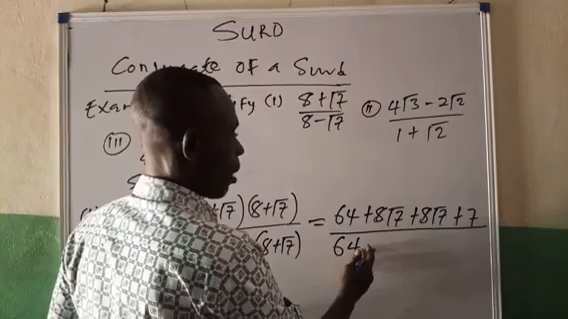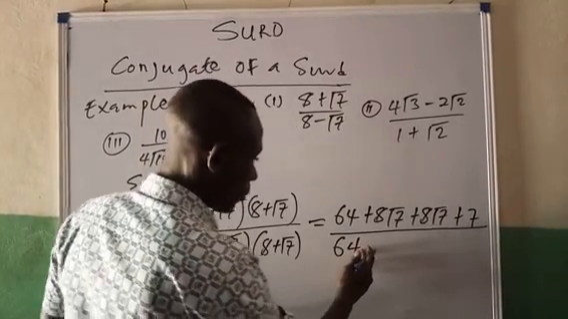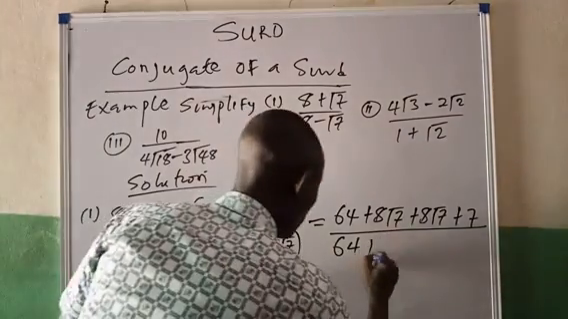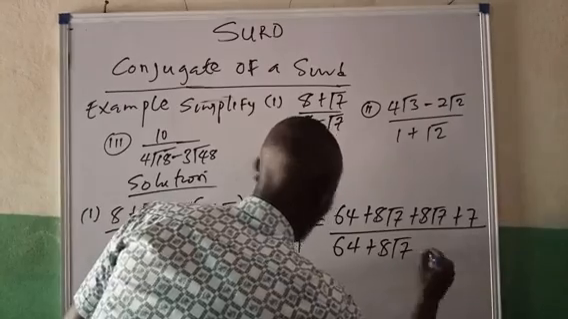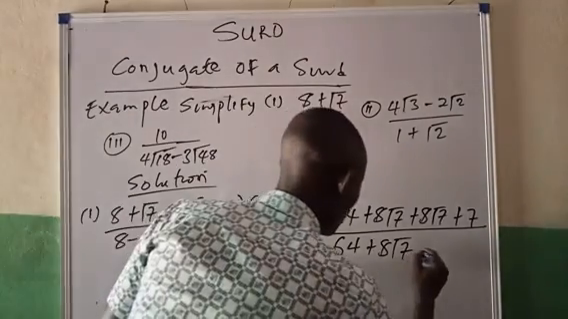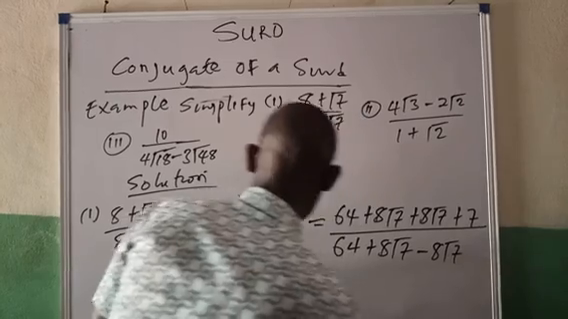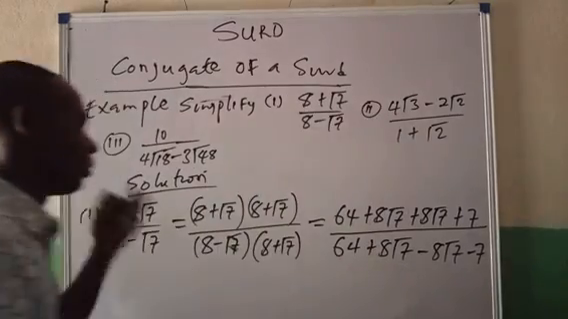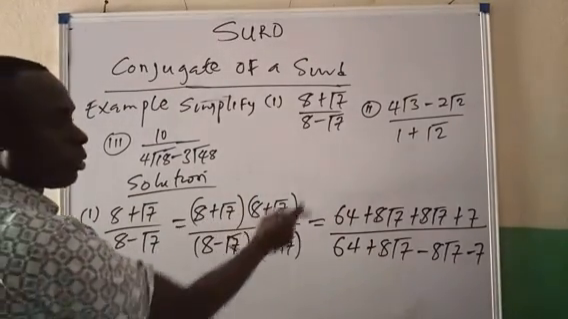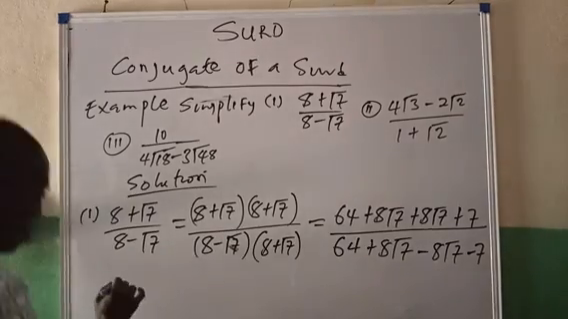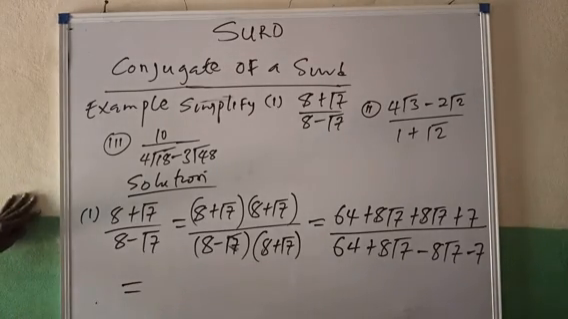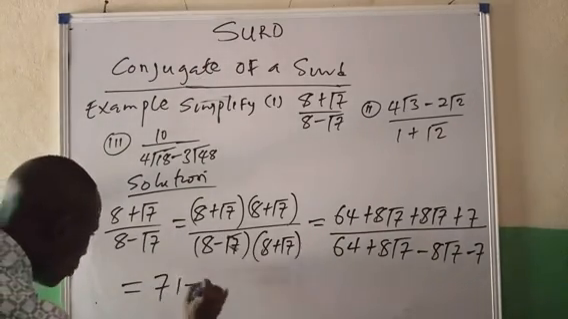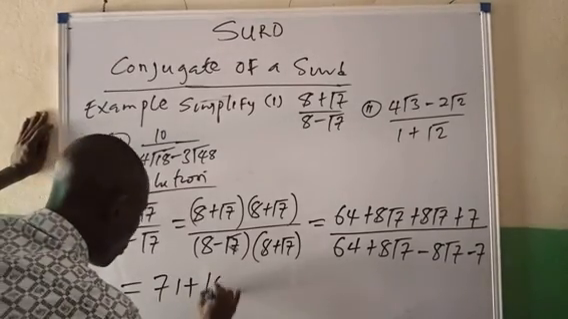So we have 8 times 8 is 64. 8 times root 7 is plus 8 root 7. Minus 7 times 8 is minus 8 root 7. Then root 7 times root 7, that will give you minus 7. So we use them to multiply. So this will be equals to, you have 64 plus 7 is 71. So we have 71 plus 16 root 7 over,